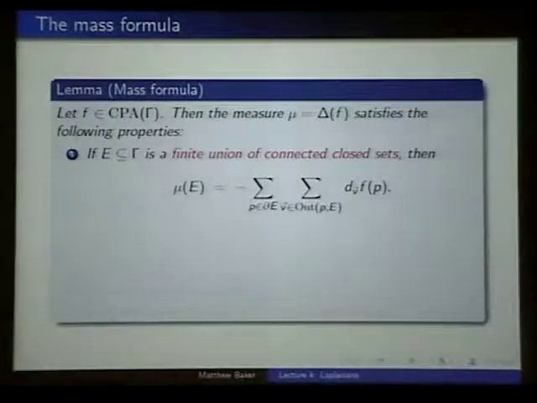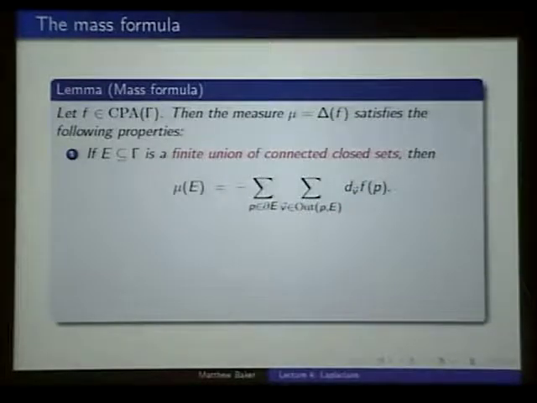The mass of E is a sum over all boundary points of E, and then a sum over all outward pointing tangent vectors of the change in slopes. And there's this minus sign here, of the directional derivatives. So you sum the directional derivatives over all outward pointing directions,